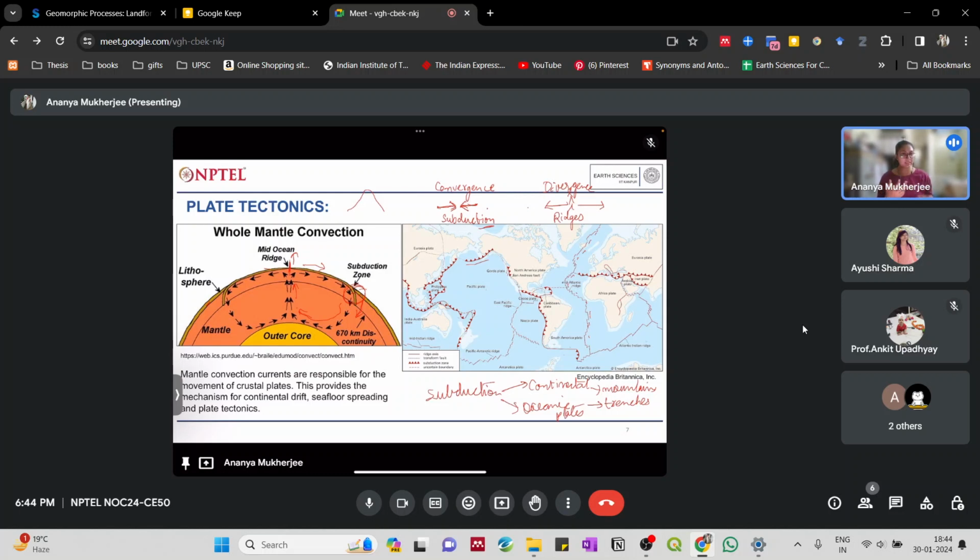Now, in divergent areas, as I said, the most prominent feature that we see is the mid-oceanic ridges, and usually the divergence is active between oceanic plates. So this is a gist of plate tectonics and how the Earth's interior plays a role in the occurrence of plate tectonics. We will learn some more of this in the upcoming lectures when we understand some of the landforms.